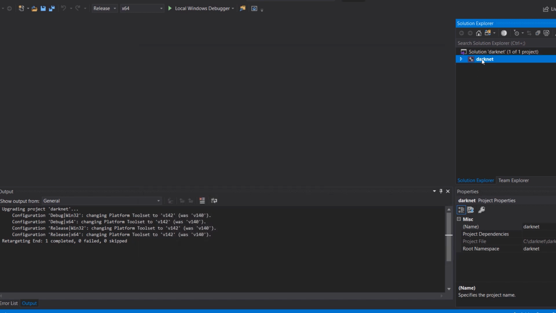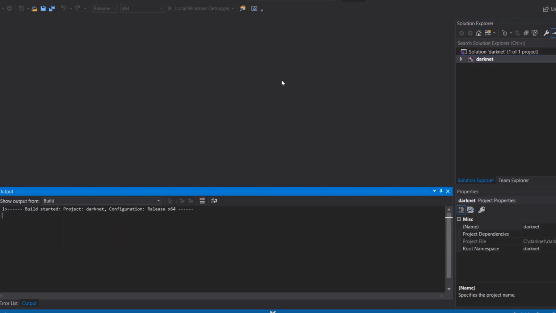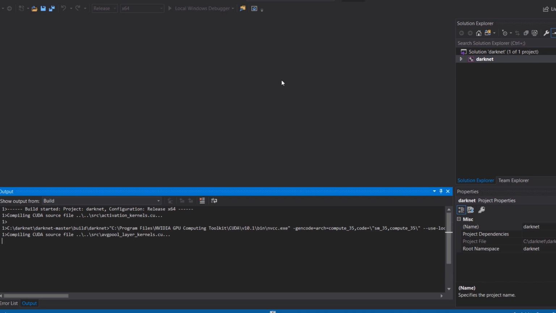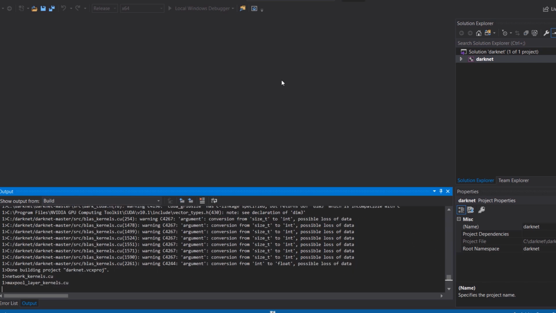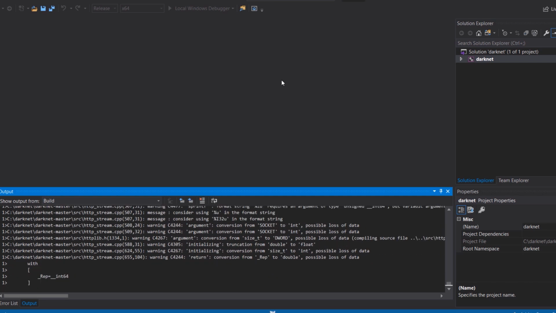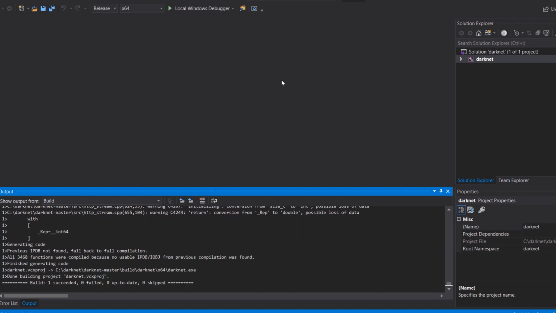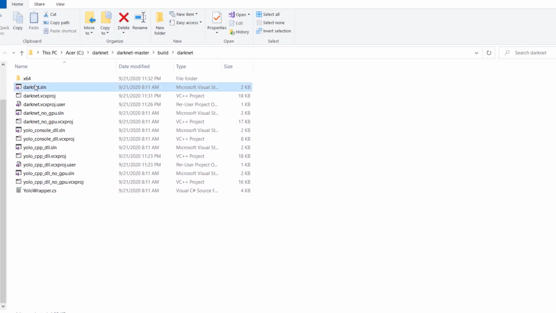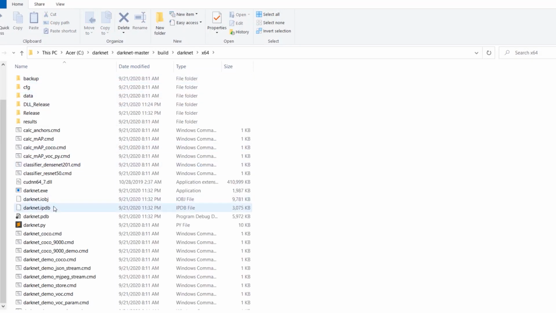Finally, right click on Darknet and click on Build. Once everything is finished without any errors, close the Visual Studio. Go to your x64 folder of Darknet and you will see darknet.exe file there.